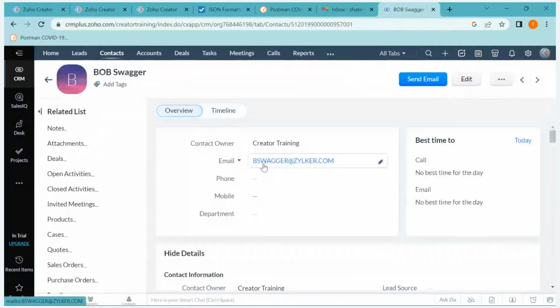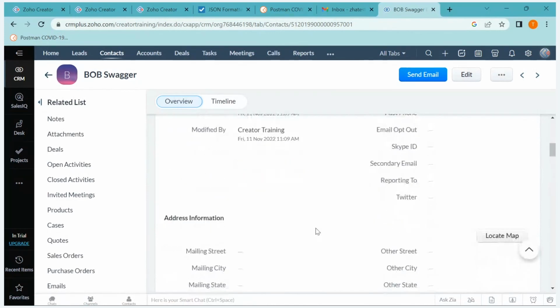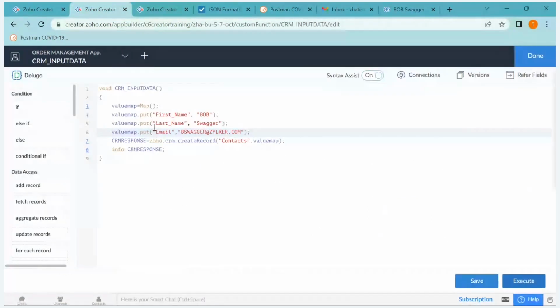So we have the contacts pushed inside the CRM via Creator by using a function in Creator, and we have the email address, contact name, and you can insert a lot of details inside CRM via Creator by using the same method. Now let me get back to